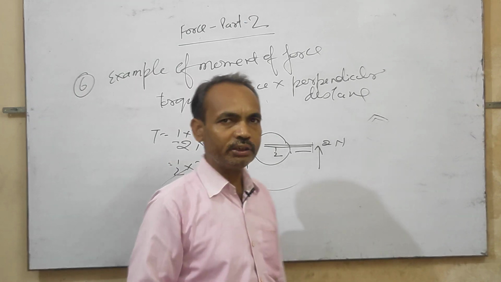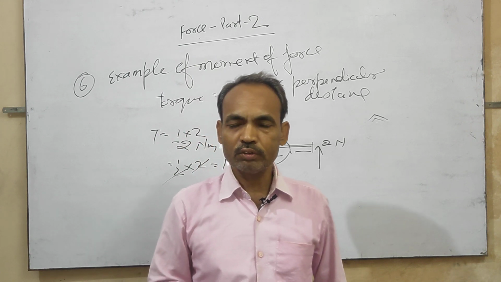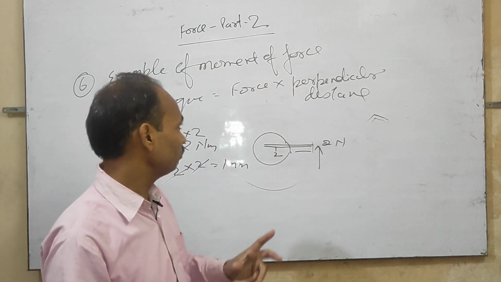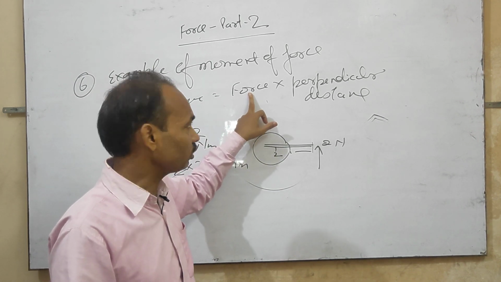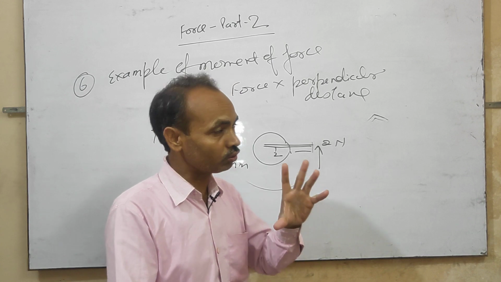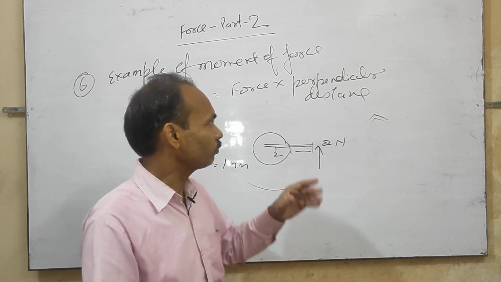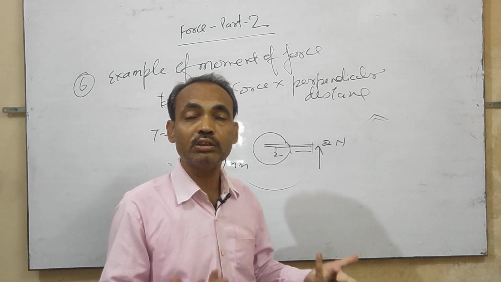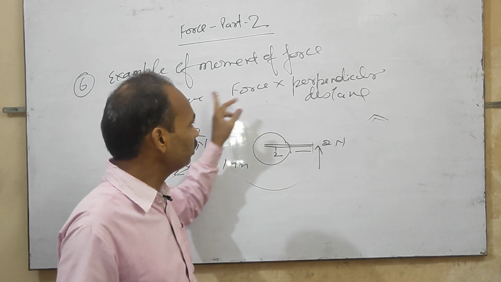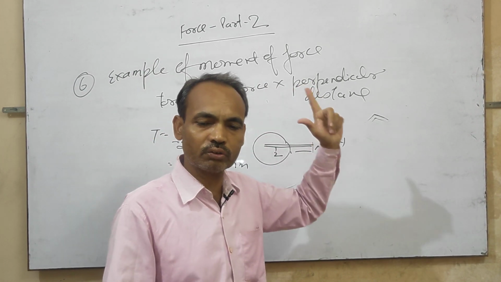So there are many common examples of attaining torque. To get torque, you should apply either more force or more distance. You know that the force that can be applied has a limit for a human. So how can you increase the torque? The only way to increase the torque is to increase the perpendicular distance.